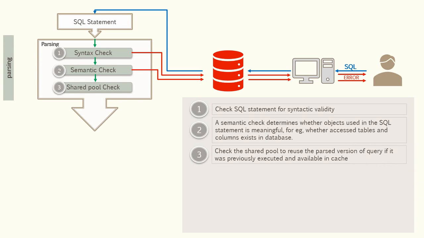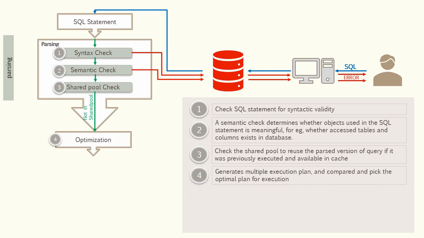Once the parsing is completed and if the statement is being executed for the very first time, then Oracle proceeds with the next step called optimization. In this step, the Oracle program called the optimizer checks all the possible combinations of execution and comes up with multiple plans to execute the statement. Out of the multiple execution plans, the optimizer picks the optimized execution plan and passes it on to the next program,